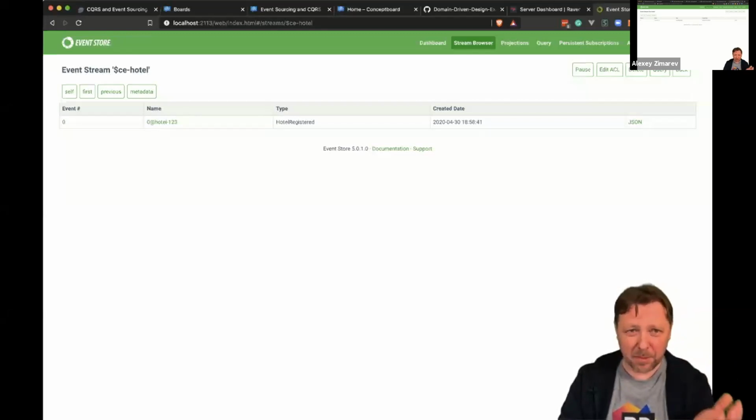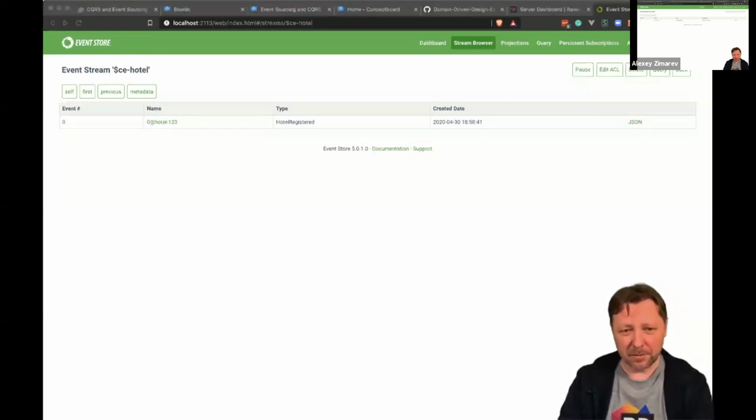Basically, replicate the state of the aggregate in the read model. It has a valid use case sometimes. So for example, you want to have a very fast cache representation of the aggregate so you can make decisions easier. So sometimes it makes sense, but most of the time it doesn't, because the essence of the read model is to separate